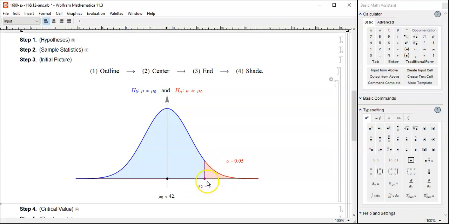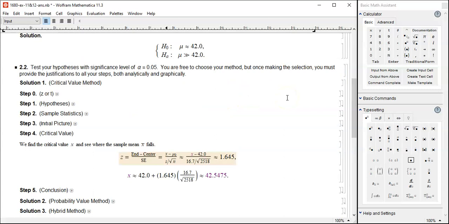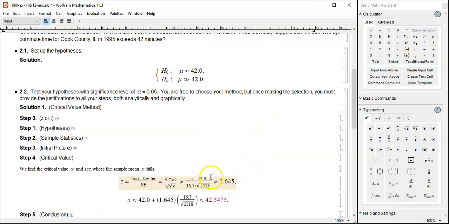Find out this critical value, and once that is done, we can compare that with the observed mean. The observed mean of 42.6 minutes may fall in the blue region, okay, then close enough to null, so null wins. May fall in the red region, too far away, so alternative wins, null loses. Let's figure out this critical value x. Standard deal, x minus center over SE. By this time, everybody should be absolutely comfortable with this z-score formula, x minus center over SE. And then, as we found out before, you have 5%, so